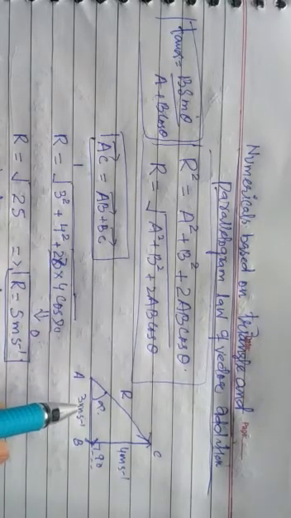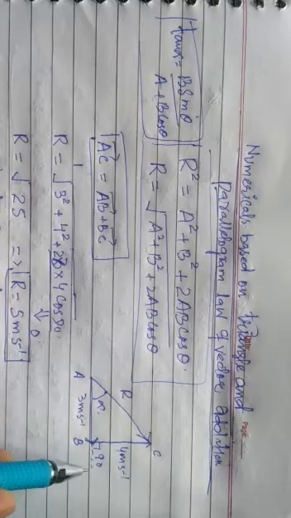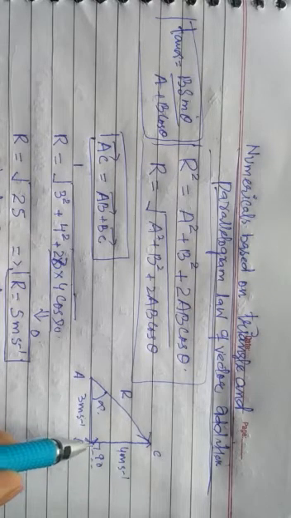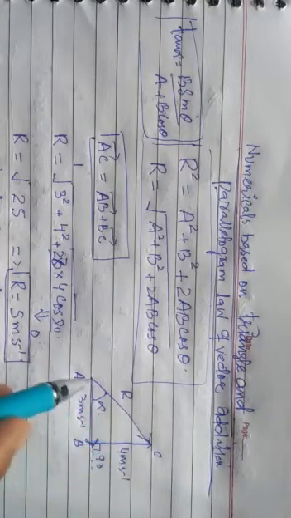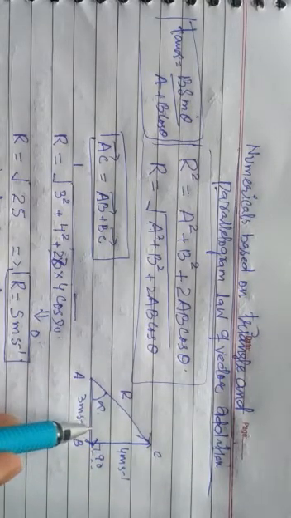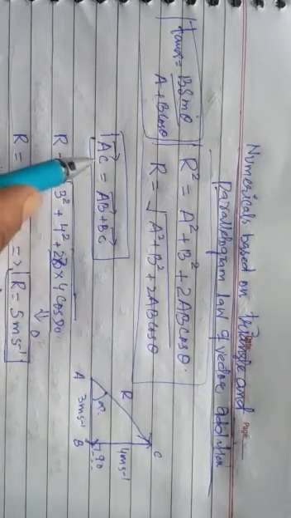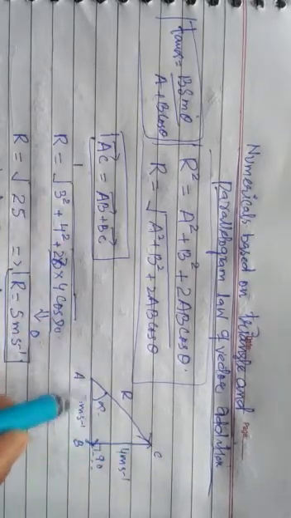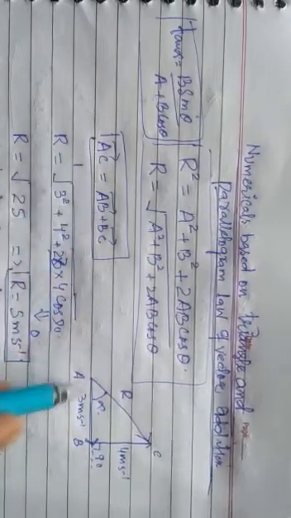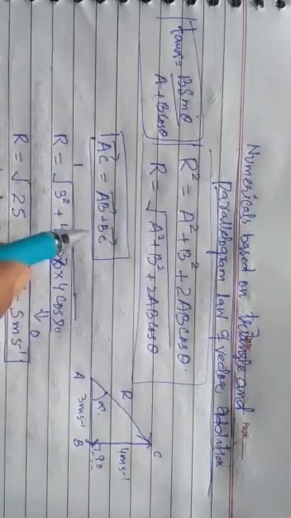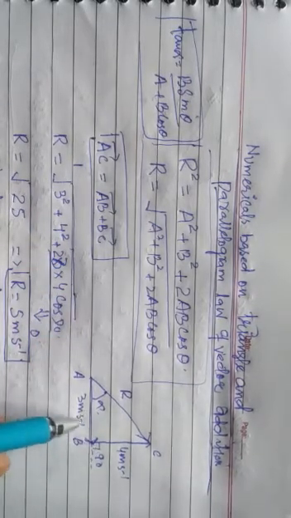I'm having two velocities or two vectors. One is 3 meters per second in the east, and another is 4 meters per second in the north. Now I have to find out their resultant. What will be their resultant? So vectorly I can say, if the diagram will be like this, vector AC equals vector AB plus vector BC, because by triangle of vector you have to add up these two sides.